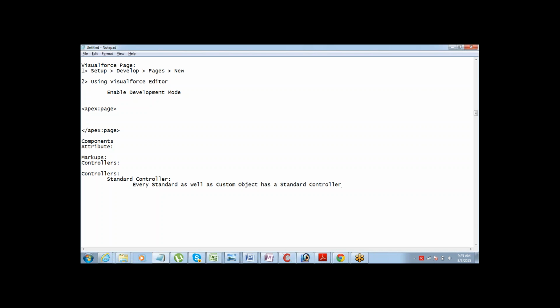Standard controller. Every standard or custom object has a standard controller associated with it. So if you want to use that controller, you just have to call it on your Visualforce page. And how will you call that controller on the Visualforce page? To call a standard controller on a Visualforce page, all that you have to do is